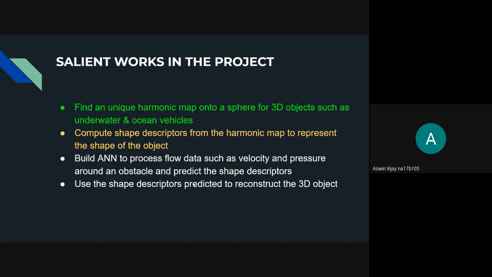Yeah. Okay, so Manoranjan, is it that we would require a huge amount of data in order to predict the shape descriptors? Say we train the data for one particular type of shape, where we have the velocity and the pressure around that obstacle, and we know what the obstacle is. Do we need a huge amount of data for it? Because there are various types of objects that can be made, right? It's not that we have one type of object.